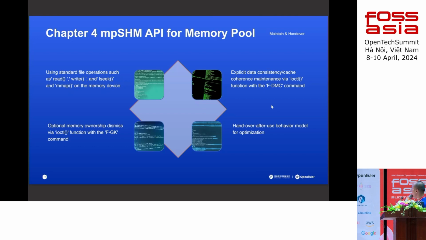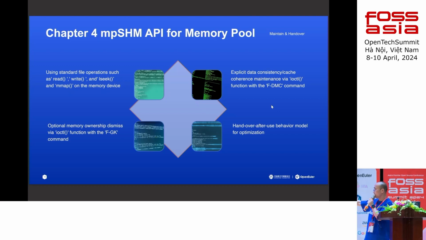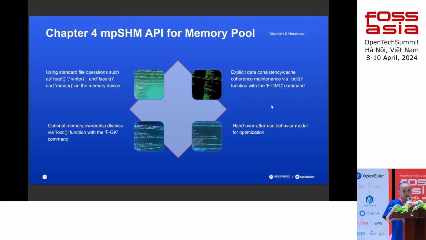The data cache maintenance option means MP-SHAM will take care of the cache and cache coherence abilities, and the GK option means that